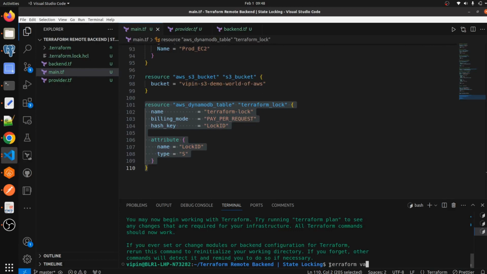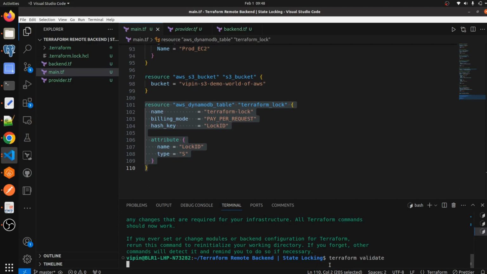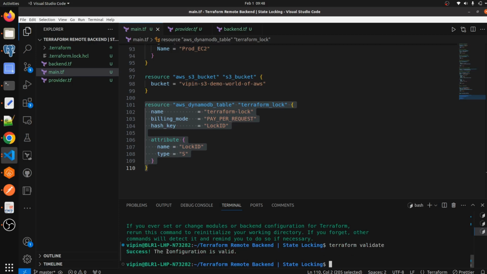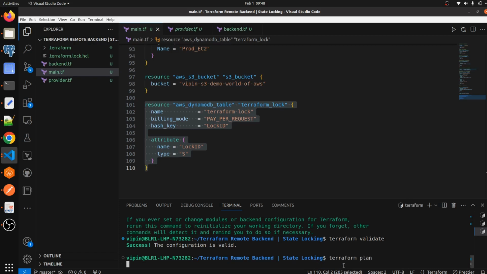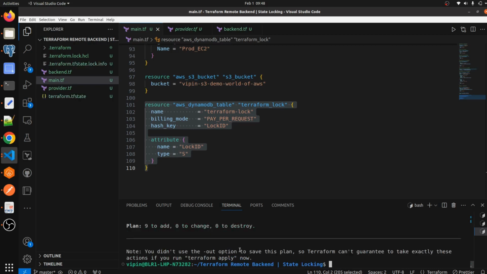Let me check our configuration with terraform validate. The configuration is valid. Then terraform plan, to see the resources the Terraform script is going to create. Plan: 9 to add, 0 to change, and 0 to destroy.